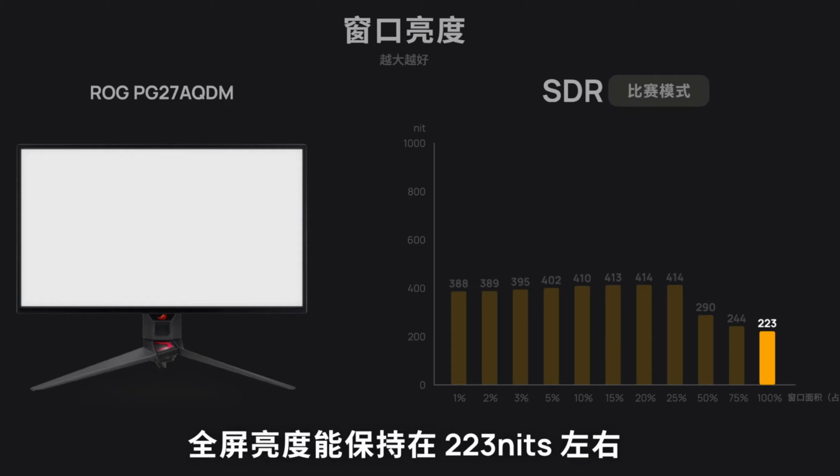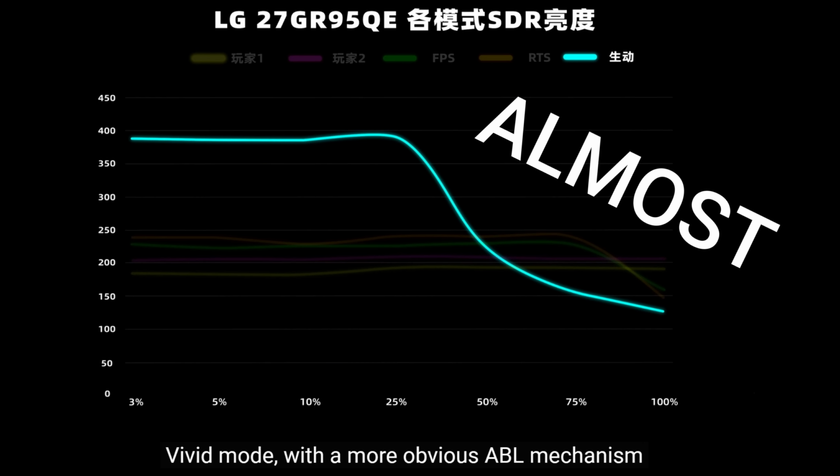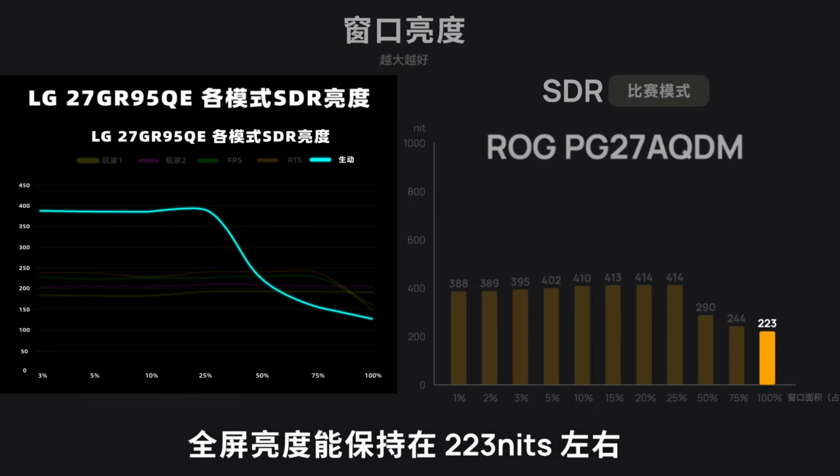But going back to the PG27AQDM, the reviewer here is stating in SDR mode, you can see it capping out at about 414 nits, but with a 100% white window of 223 nits. But if you've seen LG's OLED review on Little Snowman's review channel, he was stating in vivid mode, it was able to reach about 400 nits. But so far from what I've seen, in SDR mode, if we compare this specific setting to the vivid mode of the LG, you can see the heatsink is truly helping here and giving the ROG that advantage